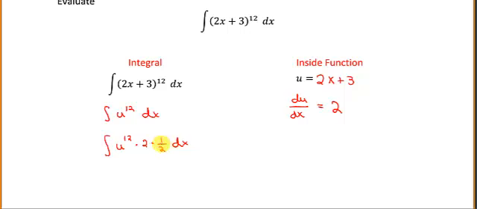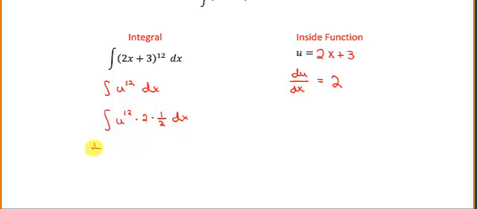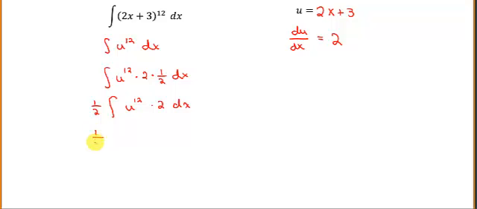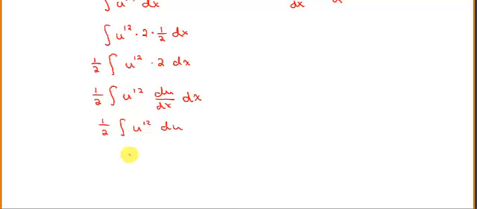This 1/2 is a constant factor, so we can take it out of the integral. And now we'll have the integral of u to the 12th times 2 times dx. Notice this 2 is the du dx, so this would be 1/2 antiderivative of u to the 12th du dx dx. And this expression was du, so this would be 1/2 antiderivative of u to the 12th du. And that, of course, now it's easy. This is u to the 12 plus 1